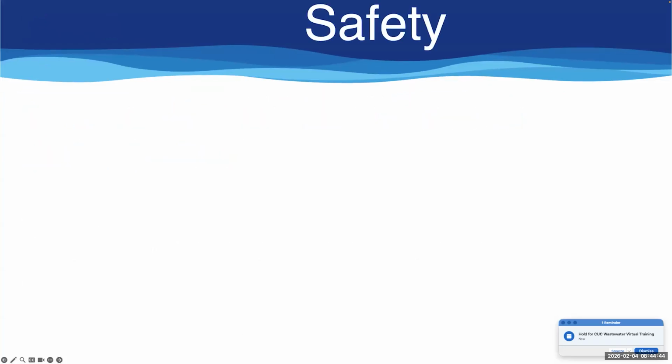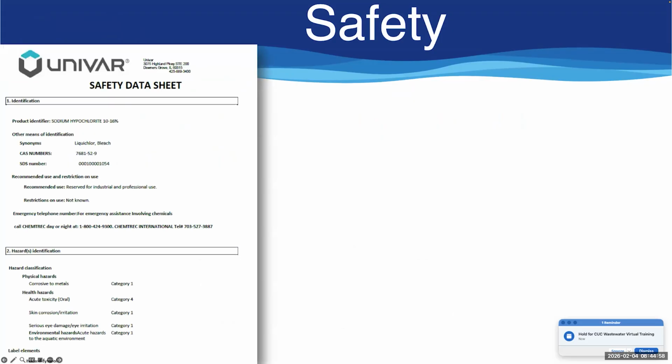Which brings us to safety. So just in general, a lot of the chemicals that are used in wastewater treatment are potentially very, very dangerous. So it is really important that the safety data sheets associated with the chemicals that you are using are available and that you read them so that you know what to do if you are exposed to them. The last thing you want to do is be exposed to a dangerous chemical and then have to go figure out what it is you want to do. These are the kinds of things that, if you work with chlorine, if you work with sulfur dioxide, you should memorize the safety data sheet. You should understand